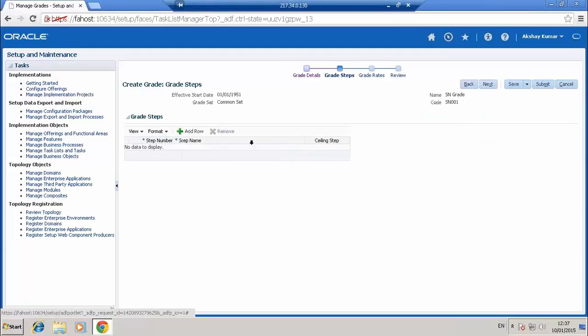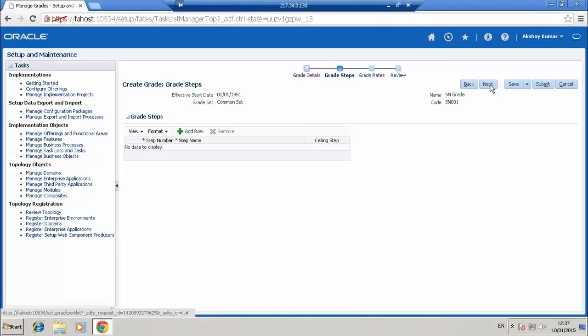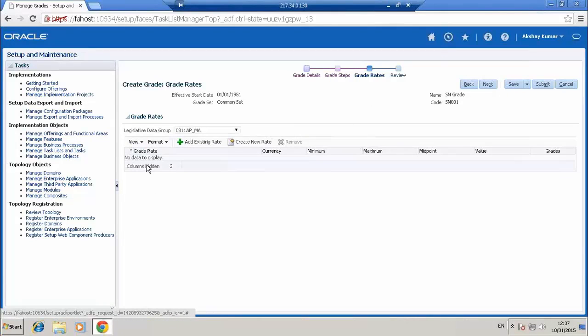If these are grade steps, did you have this grade step and grade ladder in EBS? Yes, we did. Okay, then I don't have to explain about this. See, the issue right now in the instances is that once I create a grade and try to add a grade rate for that particular grade, I get an error.